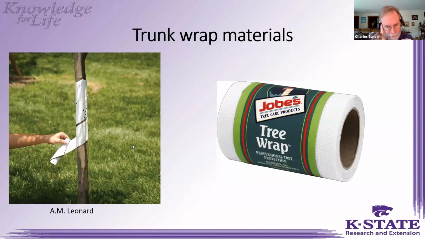Another type of tree wrap that's recently come on the scene is this polypropylene fabric material with lots of little holes all through it. This is just one particular brand of Job's, but several different companies make this kind of a wrap. What's nice about this wrap, it may be 3 to 4 inches wide. You see in this roll, if it's a real skinny diameter stem, like an inch of diameter or less, you can just wrap it around the tree, fold it around, and staple it on the other side, so it sits like in a little envelope, a little pocket up and down the trunk of the tree.